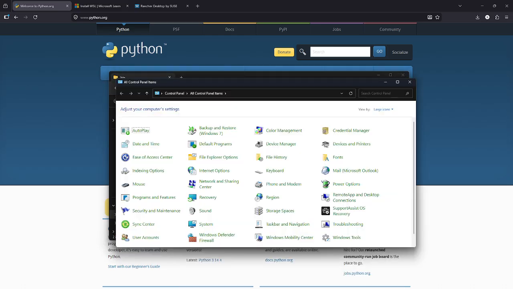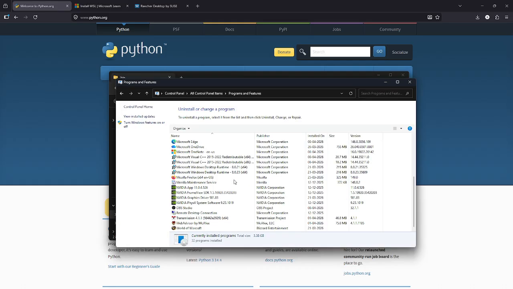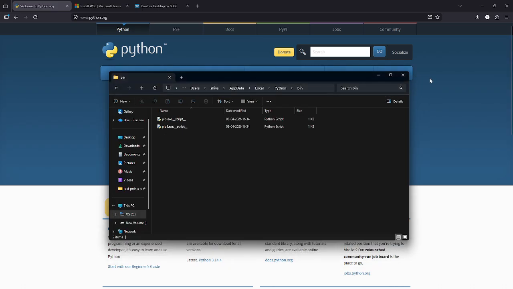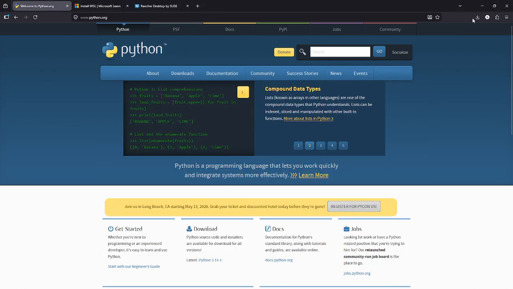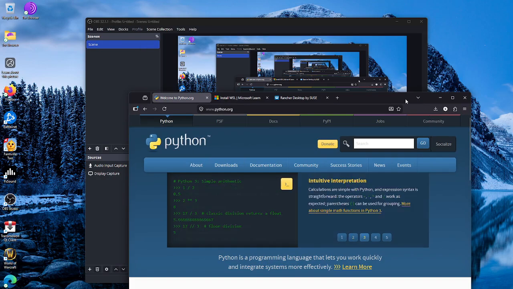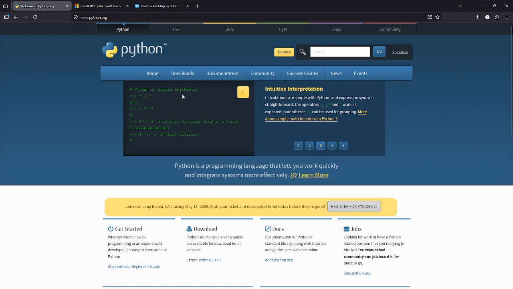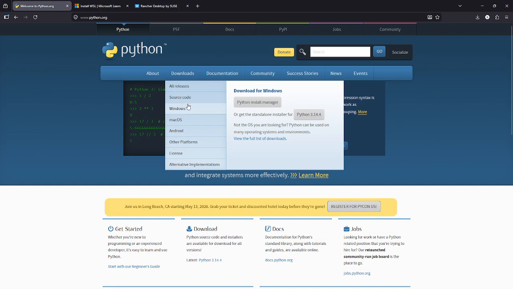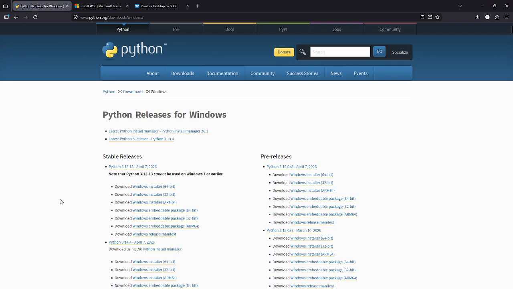Let's go to Control Panel quickly and see if it is there. It should be there, but it is not coming here. So it is not reinstalling. Seems like there's a bug with the installer. So let's do another path. You can follow this, it works, but for some reason it's giving problems. So what we can do instead is